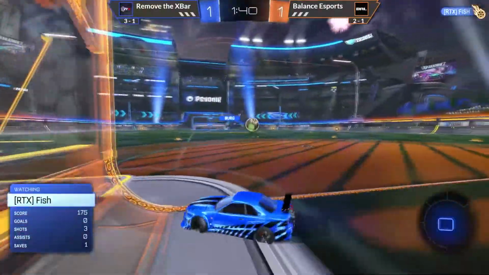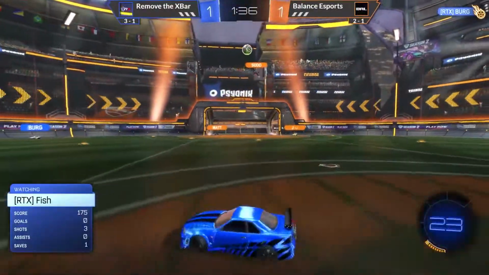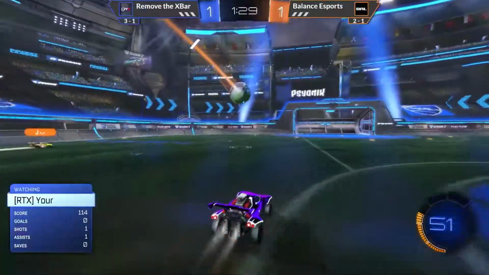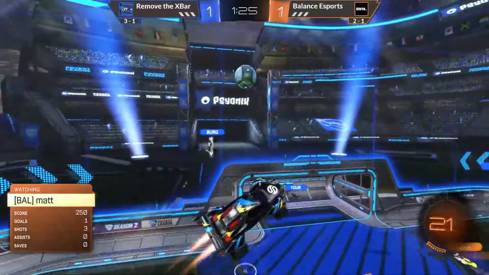Great play. Berg coming in for the shots. It's off the top crossbar and a narrow miss. Pseudo now trying to clear this out. Fish gets a jab on it, but it's not enough, and now the ball is once again back in Remove the Crossbar territory. Let me tell you, Smash, I'm pretty sure that